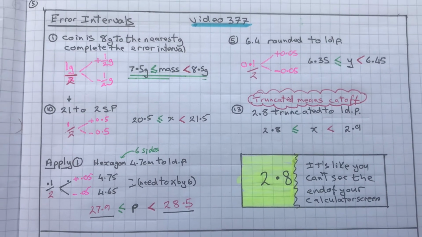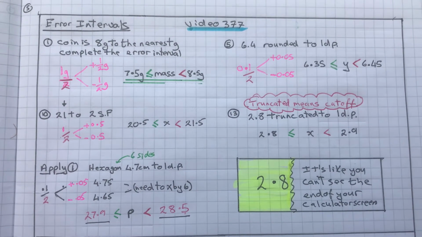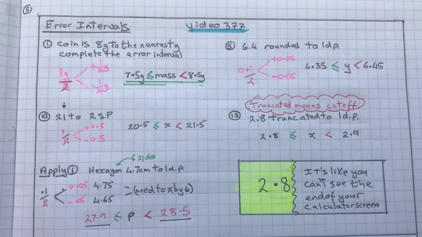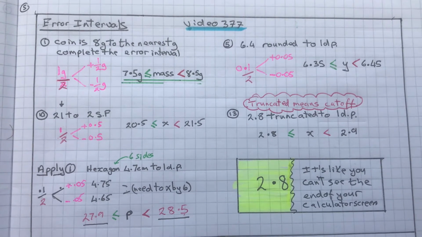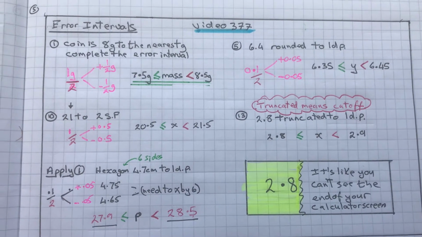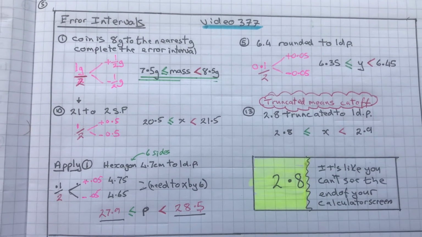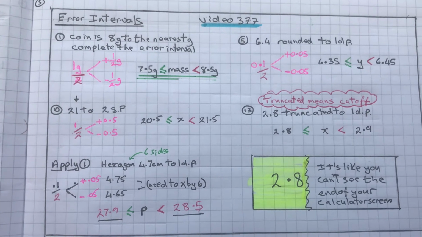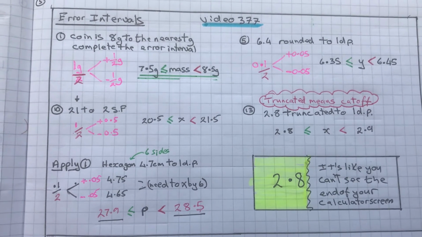Today we're going to look at error intervals. If a coin weighs 8 grams to the nearest gram, complete the error interval, i.e. what's the heaviest and the lightest that it could be. Well, if it's already been rounded to the nearest gram, what I'm going to do is take